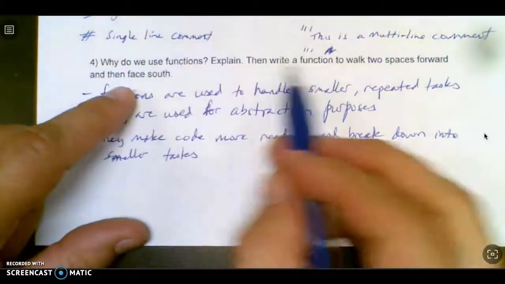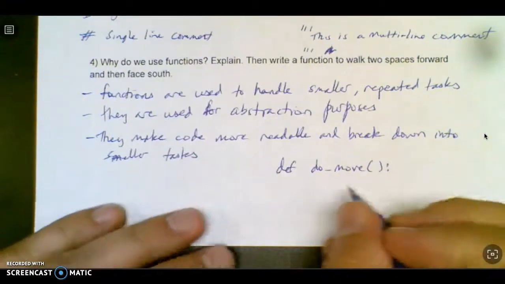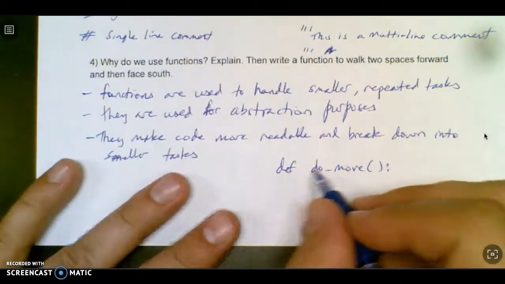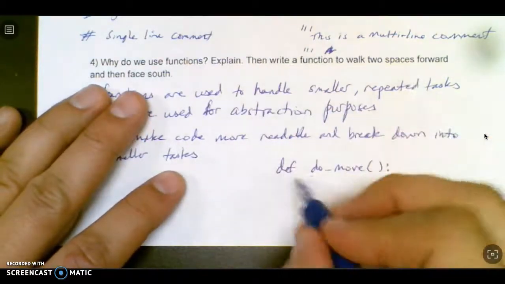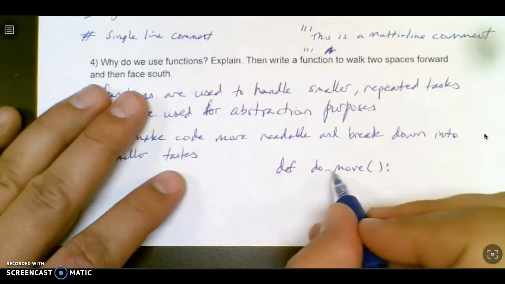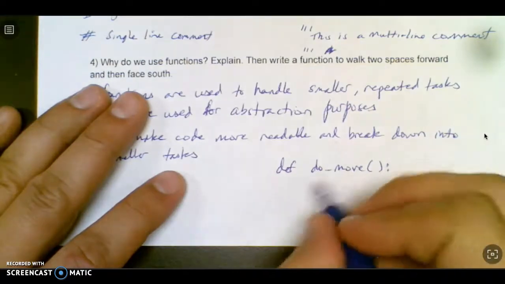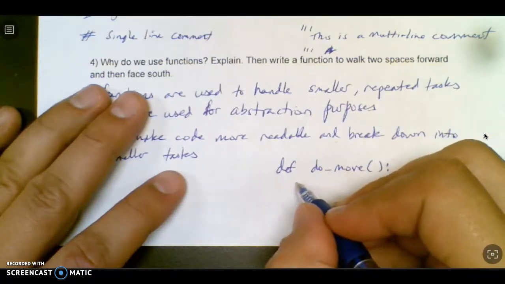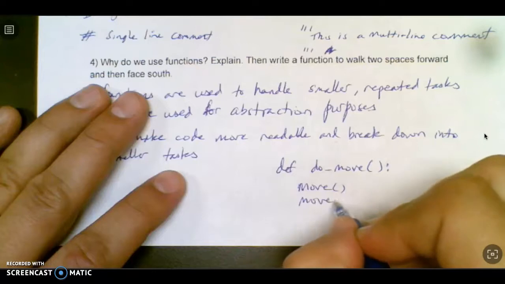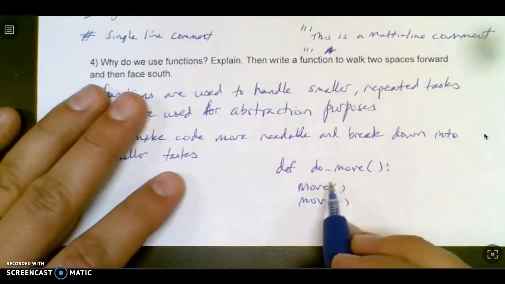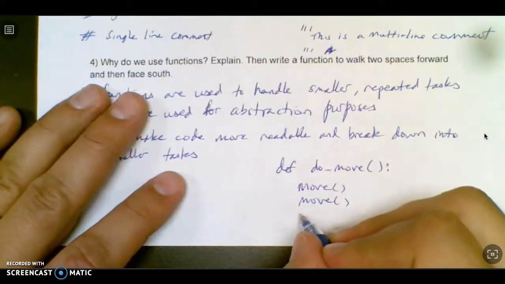And then it says here, write a function to walk 2 spaces forward and then face south. So I guess if you assume we're facing east to begin with, like we usually do, you could say, I just named it do move, but I write def, I say this, I use parentheses, I use a colon, and then I have to say move forward, so indented, move, move, and then here you could just say turn right if you want, or I could be really fancy and say while not facing south,